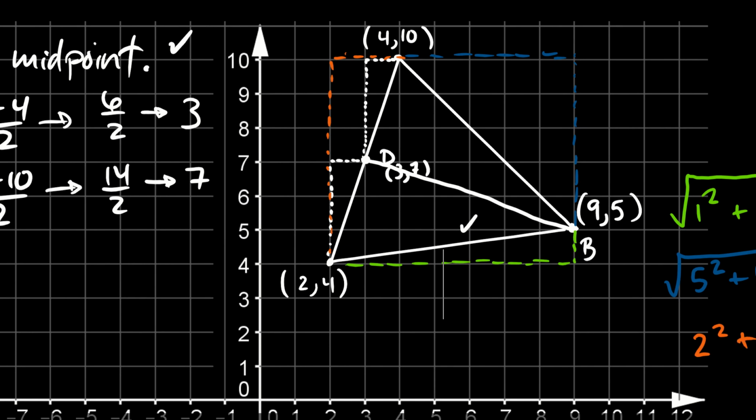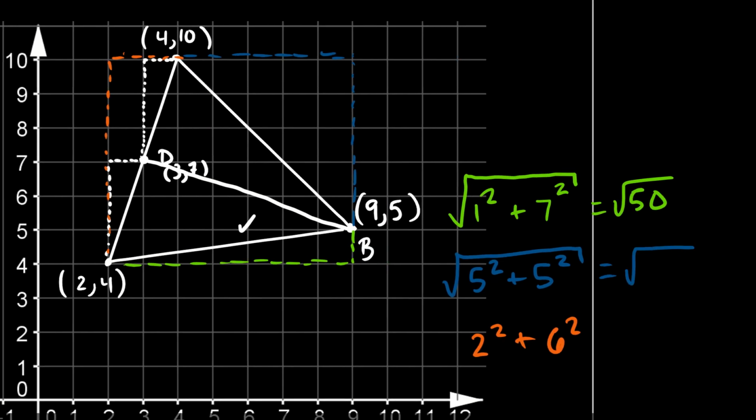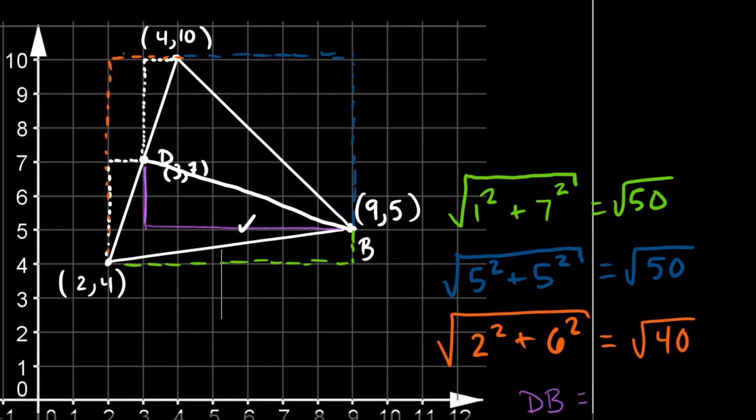Oh, that means that was actually an isosceles triangle because I got two root 50s, and then this one along the orange bounding is going to be the square root of 40. So the perimeter of that is the sum of those three. Now, in terms of the area,